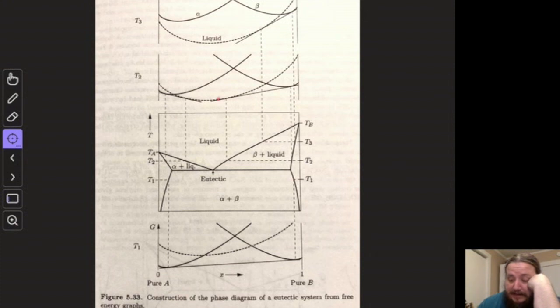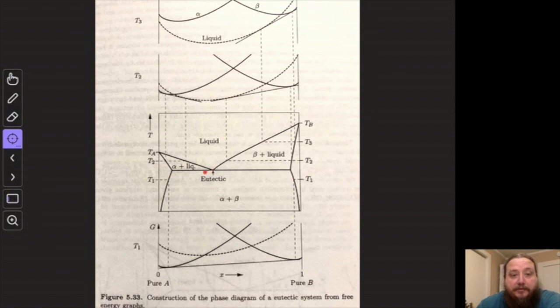If you have exactly that mix ratio, then first of all, that's the mix ratio that will give you the lowest melting point, right? It's lower than the melting point of both pure substances at this particular mix ratio,